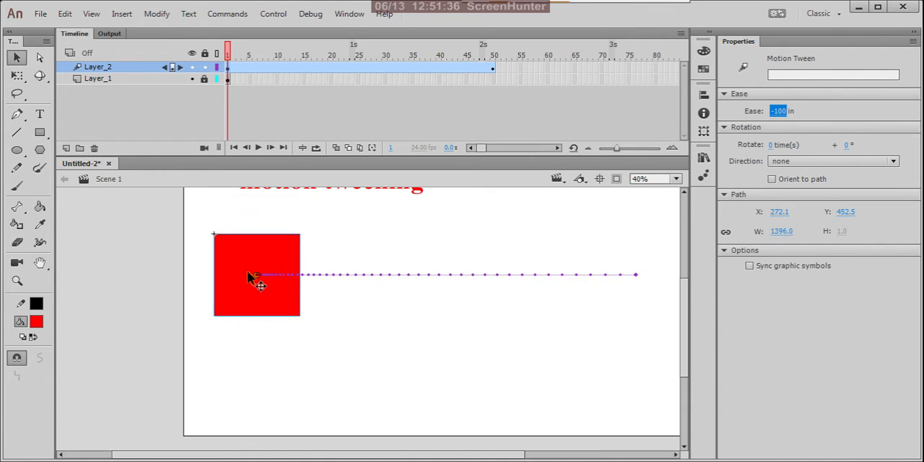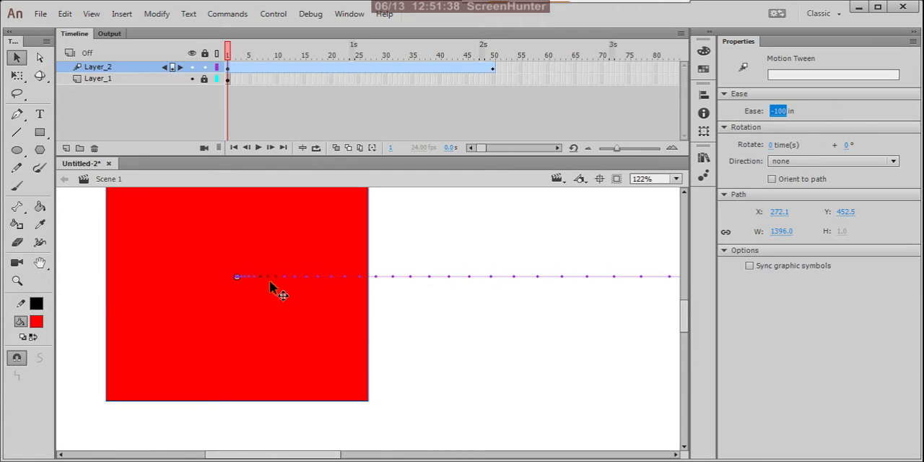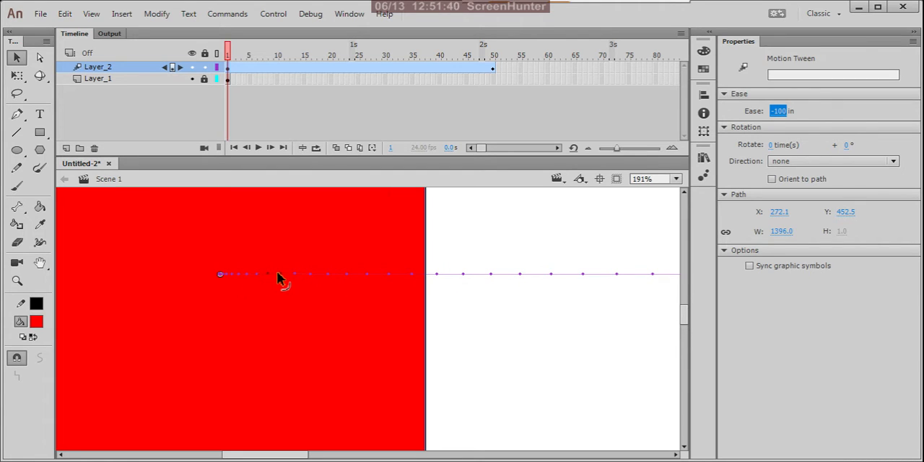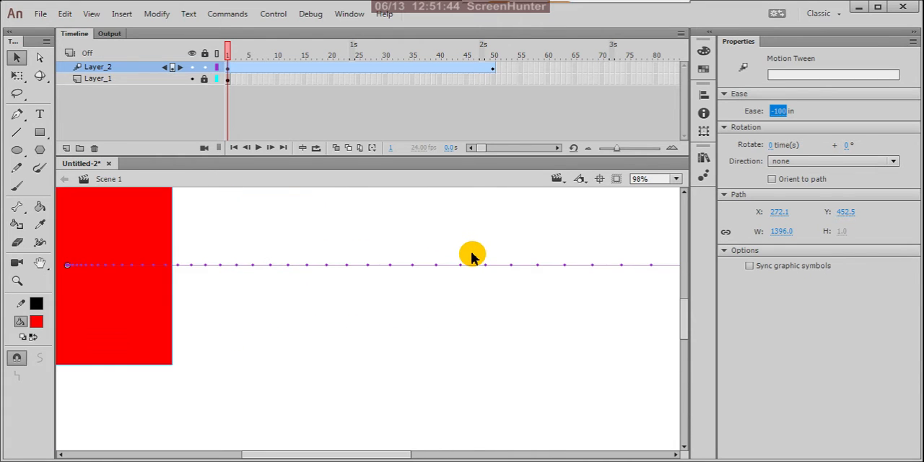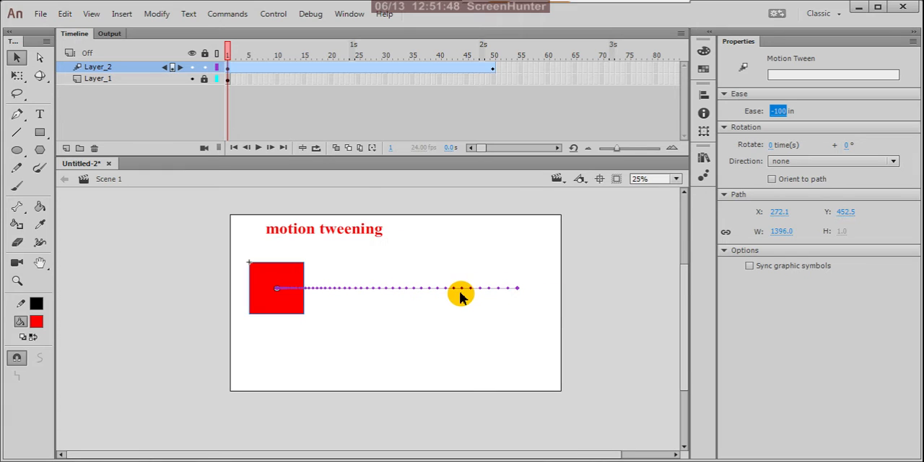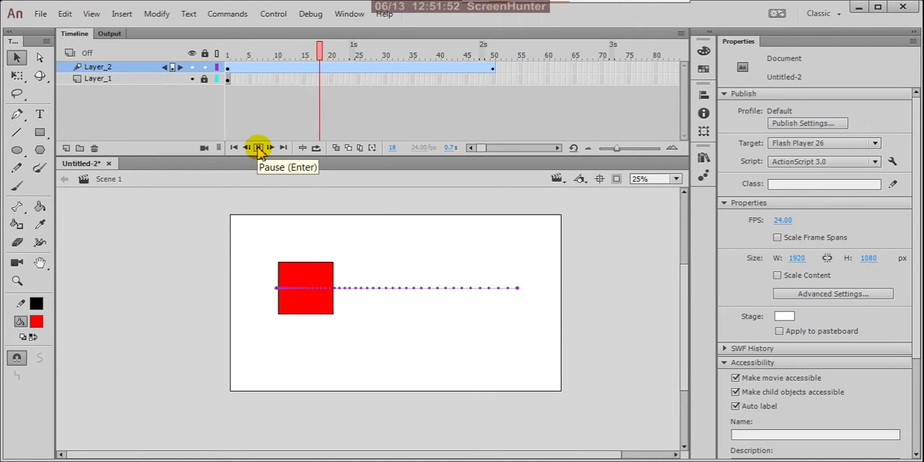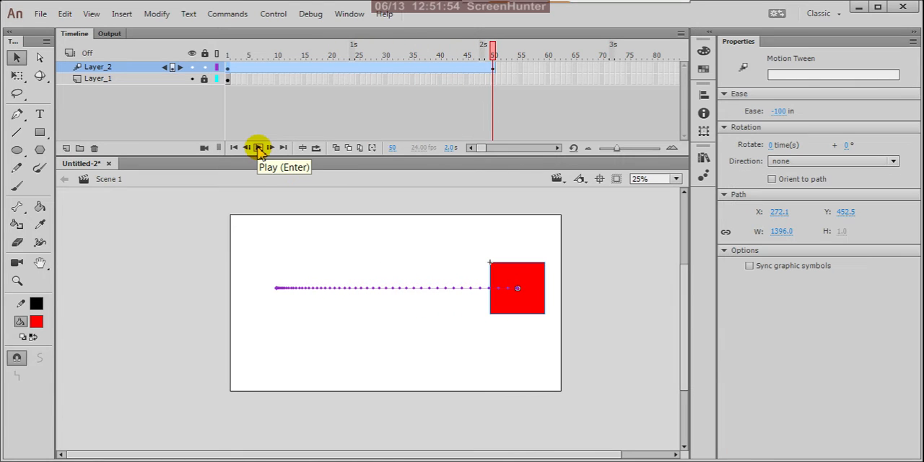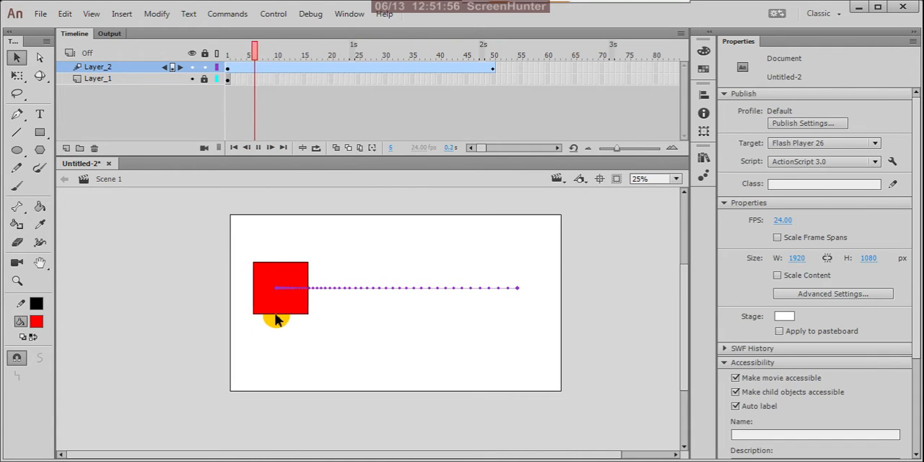Now if you observe what is happening here, the dots are very close here, that means the action will be very slower, and here they are maintaining distance, so the action will be faster. You can click here, then you will understand. Yes, see there, slower and faster,